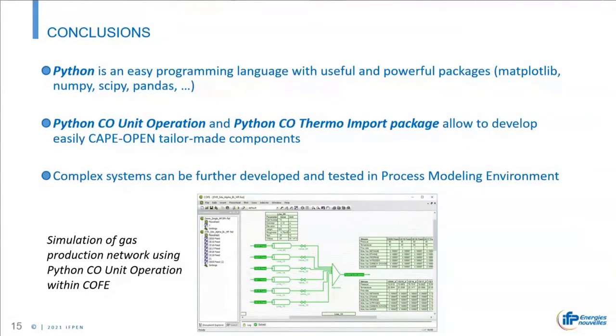I have already tested the simple pipe unit operation to define a network, and it works correctly. Of course, the performance depends on which property package you use. With TEA or Multiflash, you don't have the same calculation performance, but this is inherent to the property package.